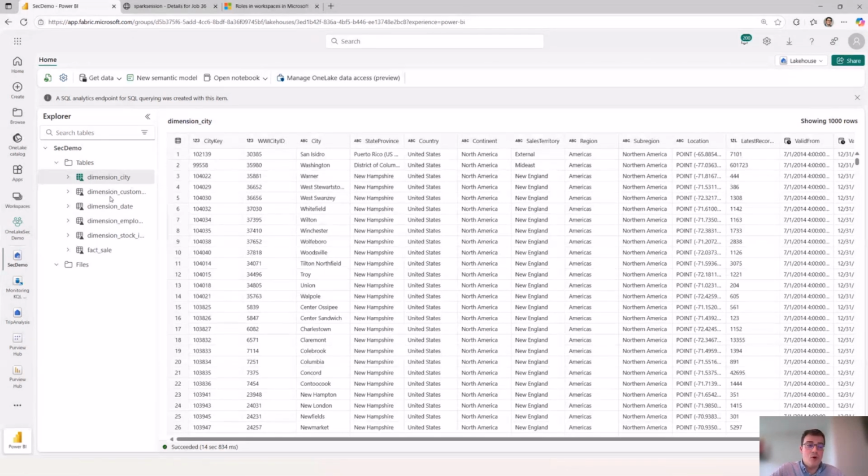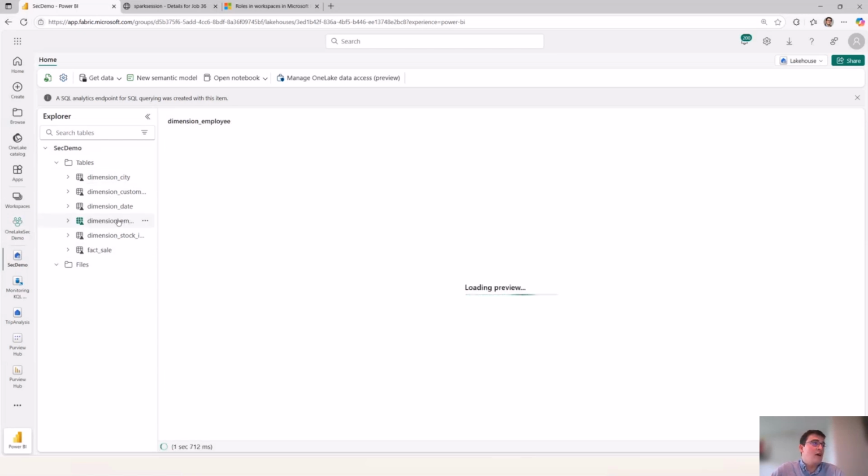The idea of setting row level security and column level security at the data level itself, and that propagating into every single compute engine or any downstream item that you might create without the need to specify that, right? So I have a lakehouse. I have some sample data here. And for example, I have employee data. So maybe I don't want every single analyst to have access to this employee table